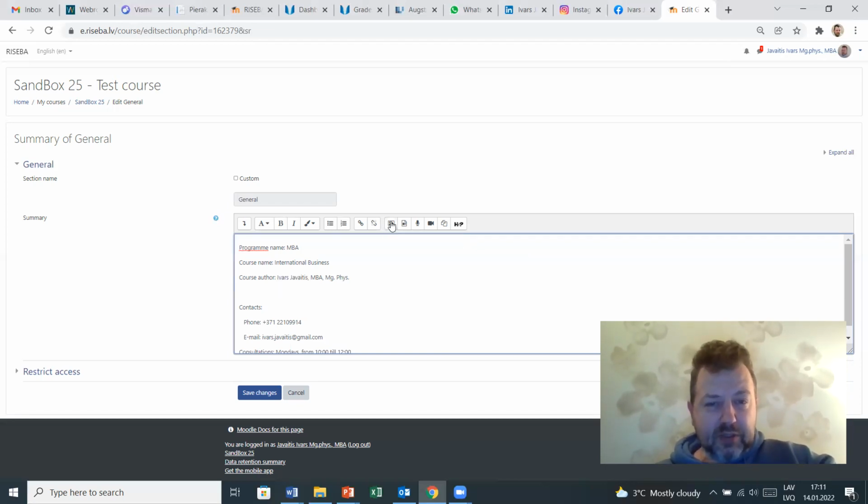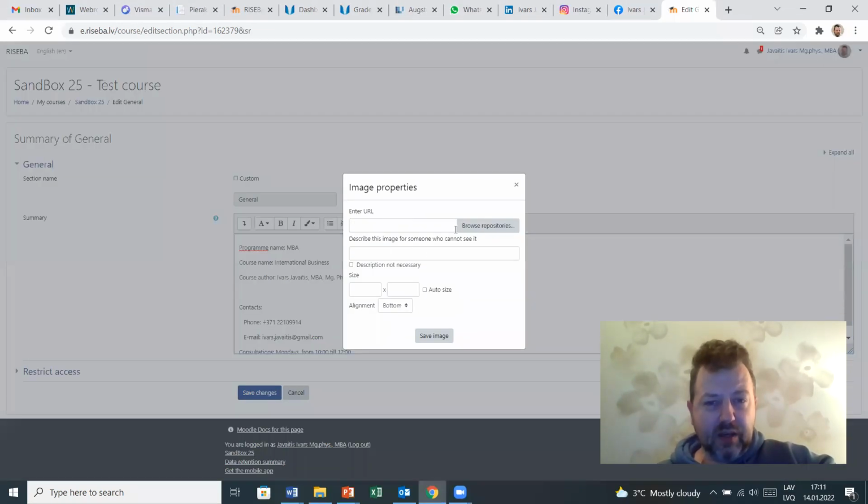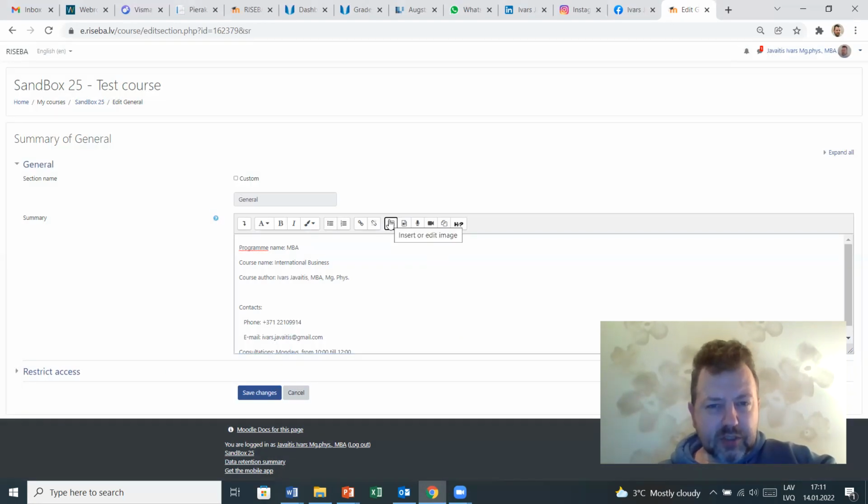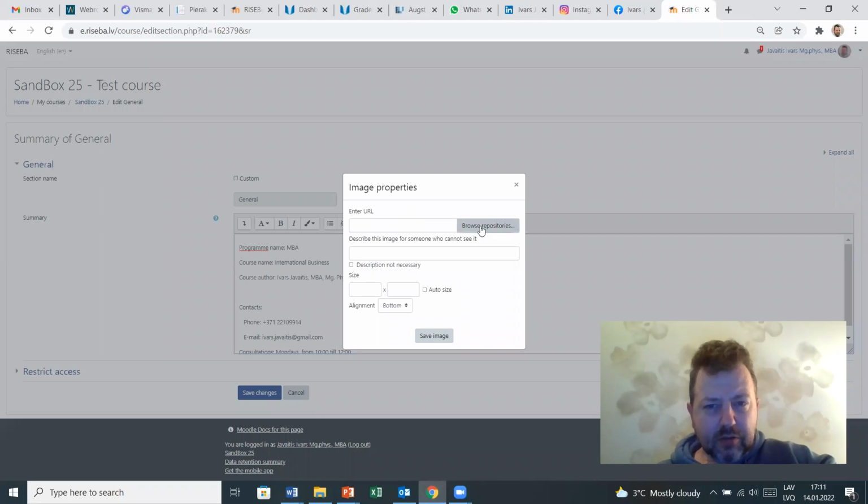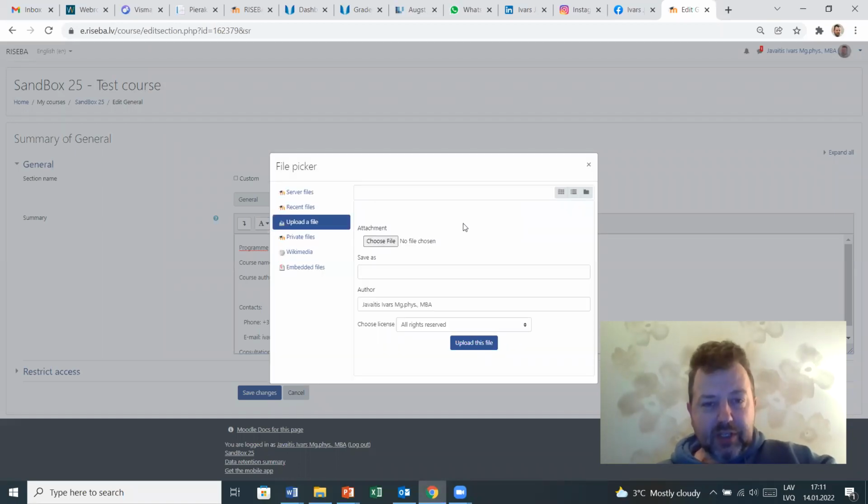So there is a button, insert or edit image. You can click on that, and then oh, sorry, it was not really the right button, I guess, or it was. No, it was. So I clicked the browse repository, and if you have any pictures already uploaded into the Moodle system, you can use them. If not, you can add the picture from your folder. So I click choose file,